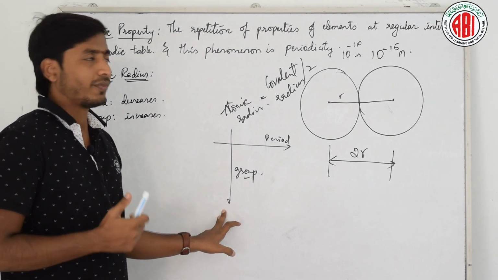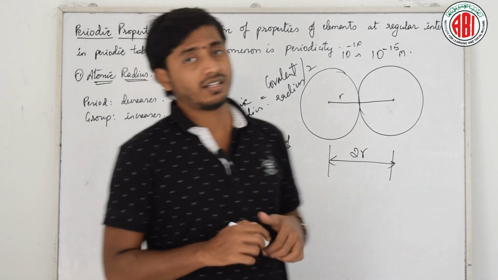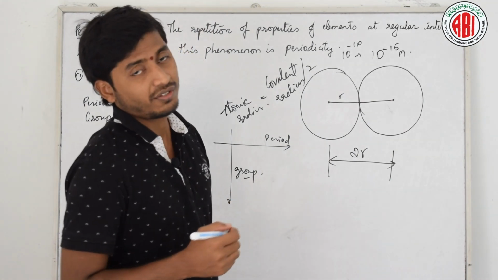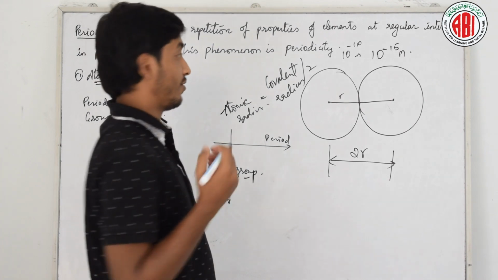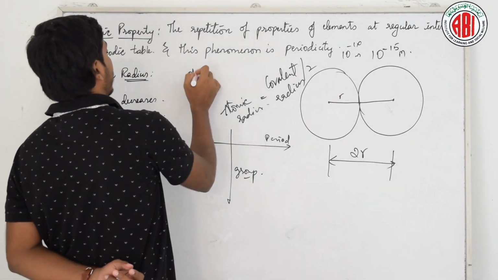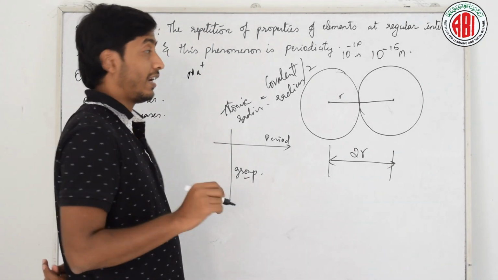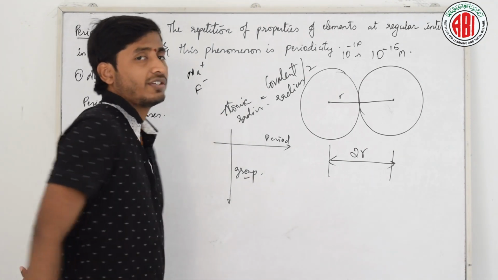Is it clear? Fine. Not only that, there are a few things to remember, that is, what about the isoelectronic species? Iso means same, electronic, that is number of electrons. For example, if I consider Na+, how many electrons does it have? It has 10 electrons, right? Let me consider F minus. How many electrons does it have?